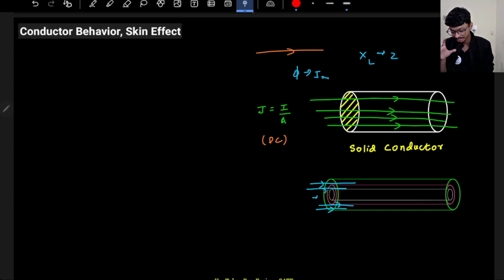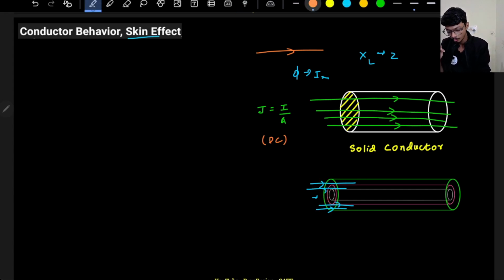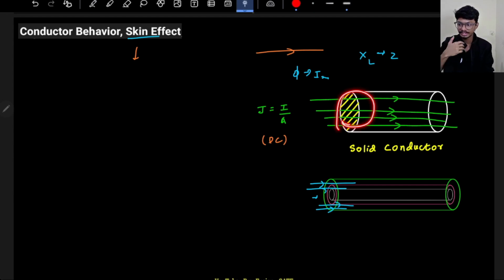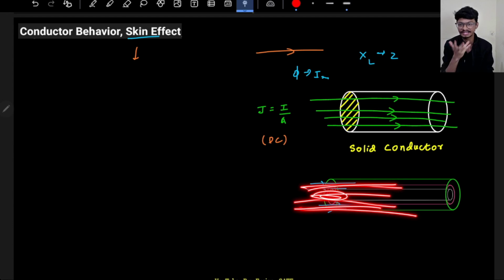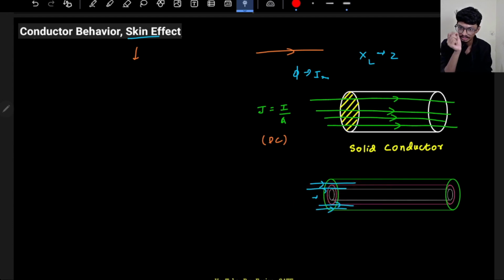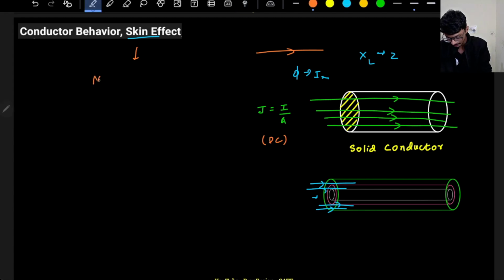So this effect is known as the skin effect. That is when most of the current flows through the skin, right? Although the conductor is solid, it is of no use, because most of the current is flowing outside. It is not flowing inside the conductor. This we will study in power systems as well, more extensively. Here I am just giving you an overview. So what happens in a skin effect, that most of the current